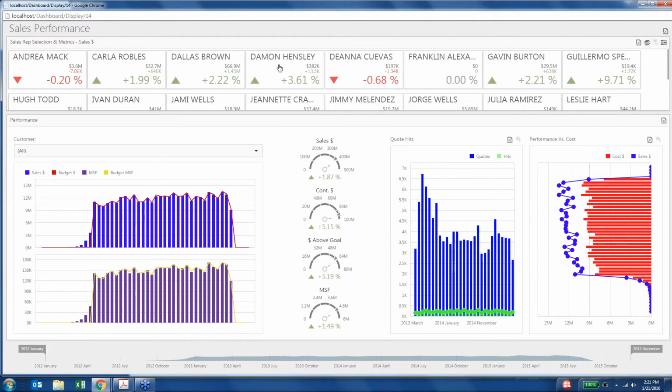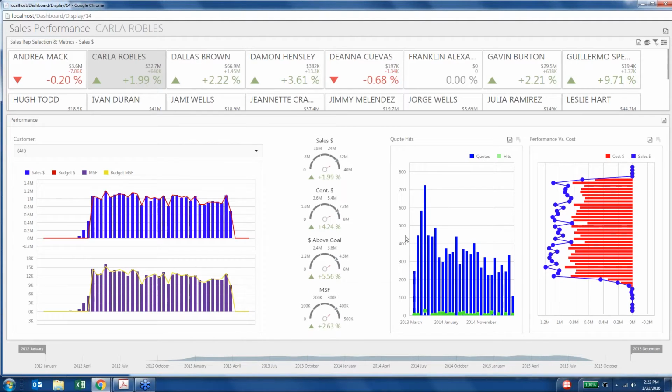So we got a quick snapshot across the top here with these cards, letting us know how each of the reps are trending out across all of their customers. And as you highlight reps, we're repainting the graphic and understanding now within Carla's client base, what's happening with her sales budgets and budgeted square footage, sales contribution, how far above goal, and MSF above goal, and then quote hits and misses within the account,